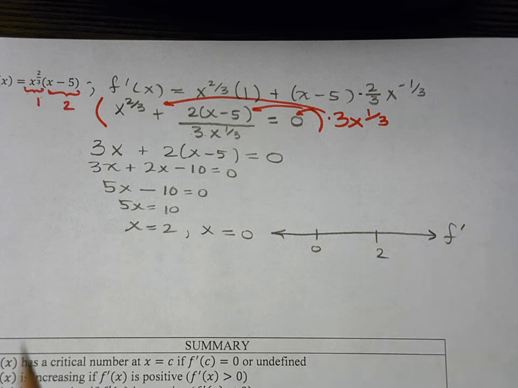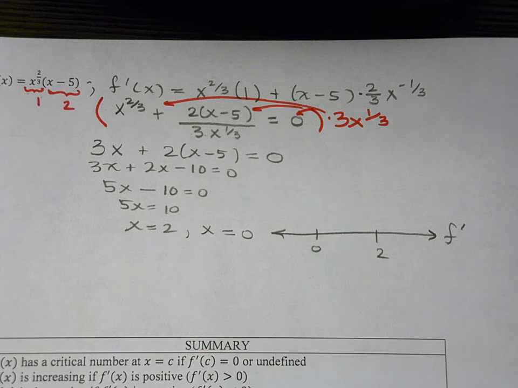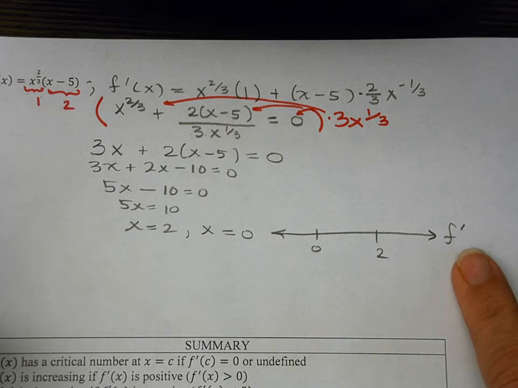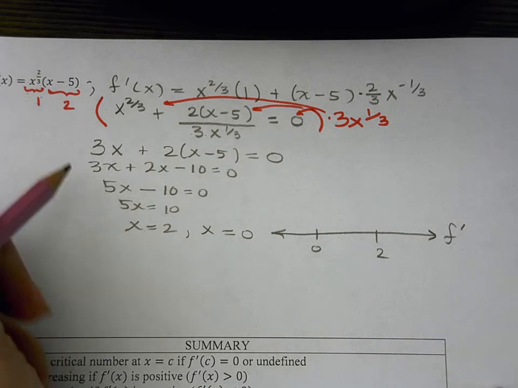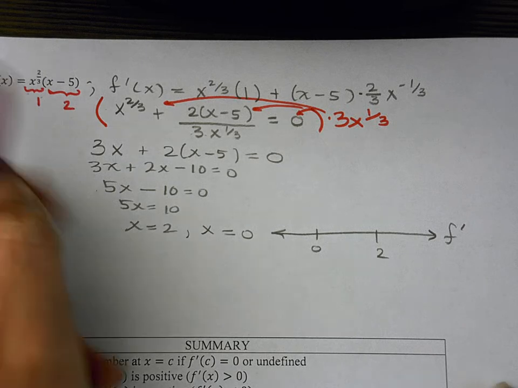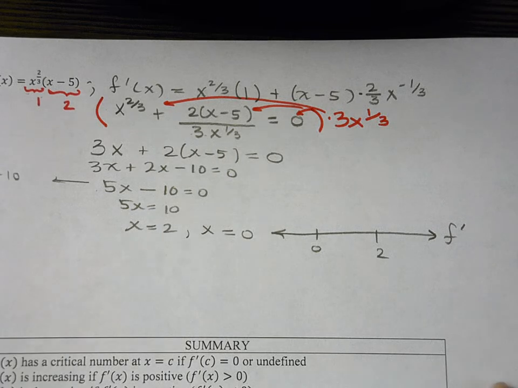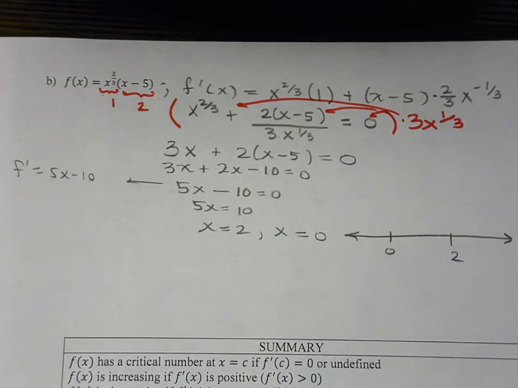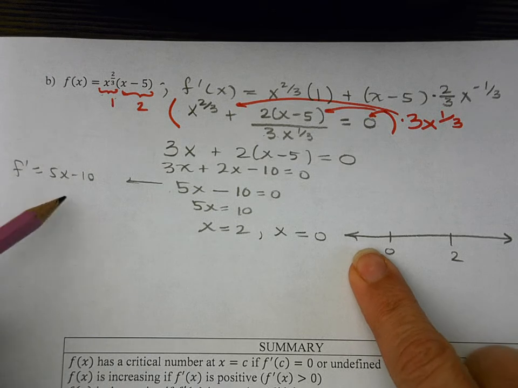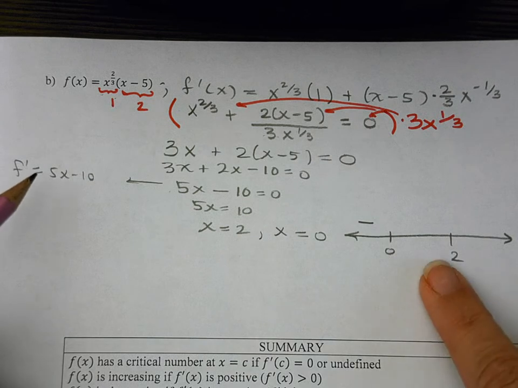And then I want to pick numbers in each of these intervals and substitute it into the function and see if I get a positive or a negative number. So again, you can pick any numbers, it doesn't matter, and you're going to substitute it into the derivative. I'm going to choose to put it into this form of the derivative right here because that's pretty darn easy, yeah? That's some easy arithmetic going on there. So my f prime simplified to 5x minus 10, right, when it was all said and done. So I'm going to go ahead and use that to do my sign analysis. So 5x minus 10 will be where I do my analysis. So if I substituted -1, I would get -5 minus 10, which is negative. If I substitute in +1,